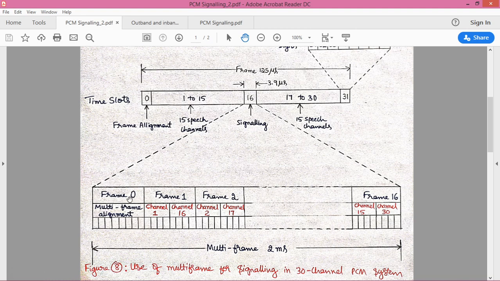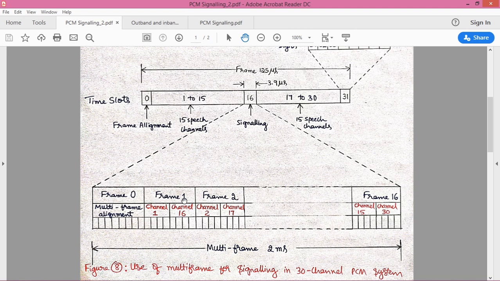So this frame alignment is required in order to align these frames one after the other in the proper manner. That's why we make use of frame 0. So excluding this frame 0, in total we have 16 different frames. All frames are associated with different channels' data transfer with the help of this control signal or control signaling information. So let us consider frame 1. In frame 1,